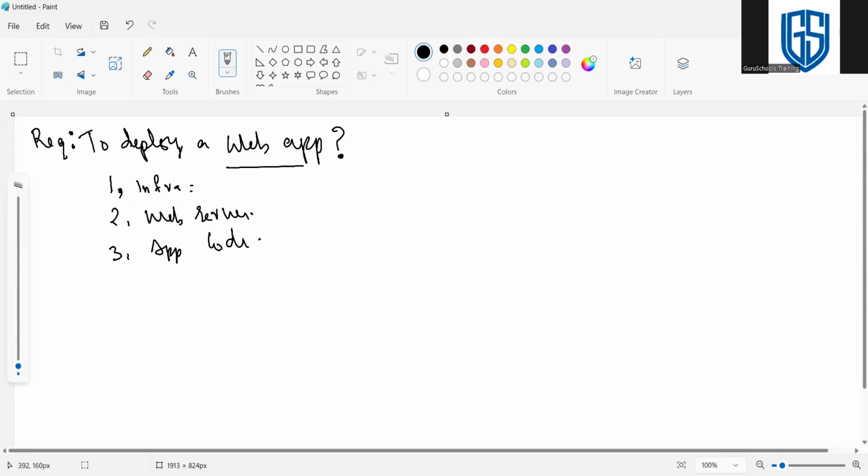So coming to infra, which infra can we choose? Anyone? Infra in the sense of where we are deploying and setting everything. A Linux server, right? Only a Linux server?